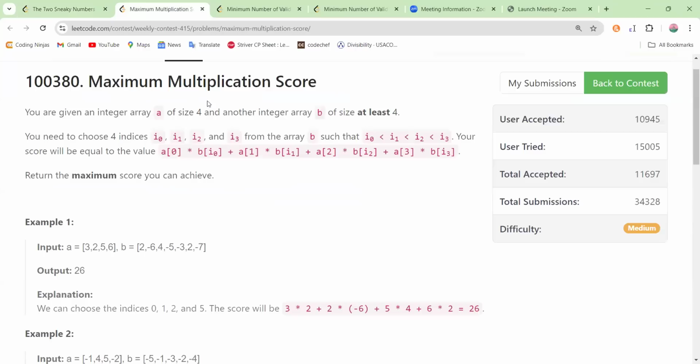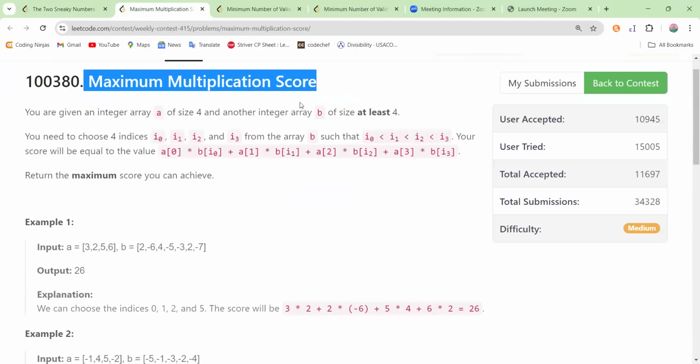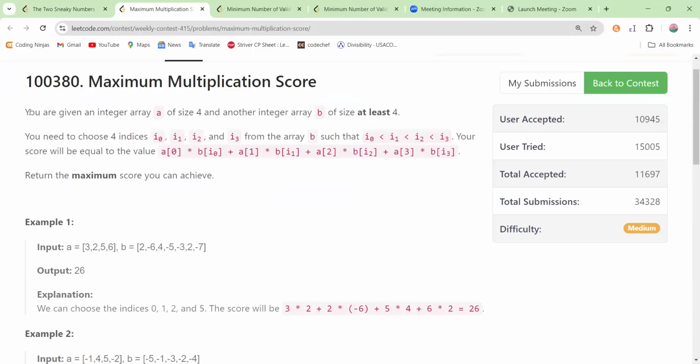So let's move on to the next question. This is the next question. The name of the question is Maximum Multiplication Score. So the question goes as: you are given an integer array A of size 4 and another integer array B of size at least 4. You need to choose 4 indices i0, i1, i2, i3 from the array B such that i0 is less than